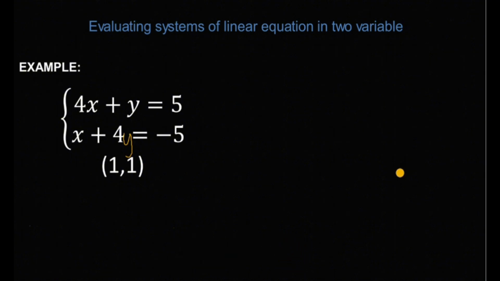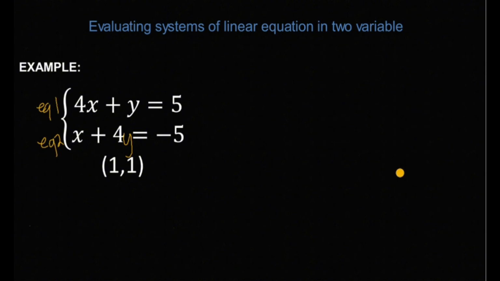This topic will be a very fast topic, and the only thing that we need to consider here is that for a point to become a solution to your system, we need to make sure that our point will satisfy all of the equations in our system. Again, a point will only be a solution if it will satisfy all of the equations in the system. It will satisfy equation number 1. It will also satisfy equation number 2.